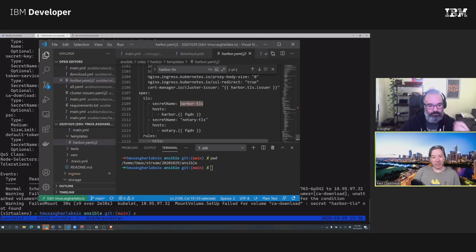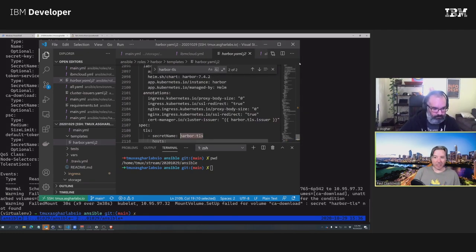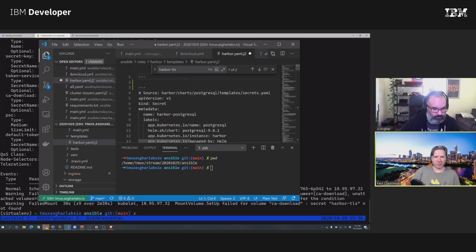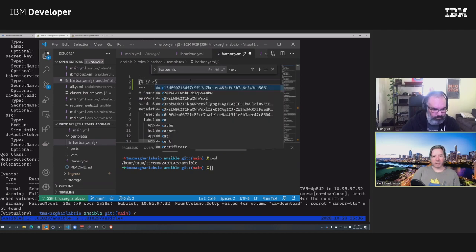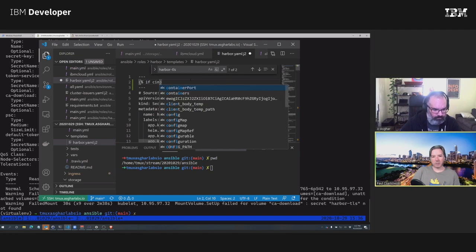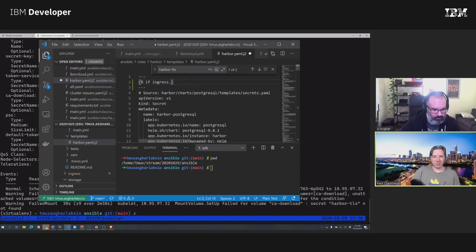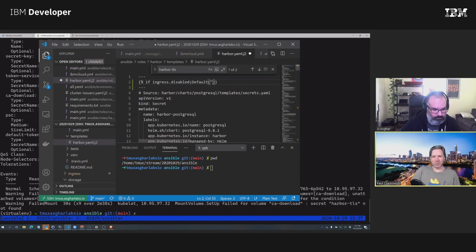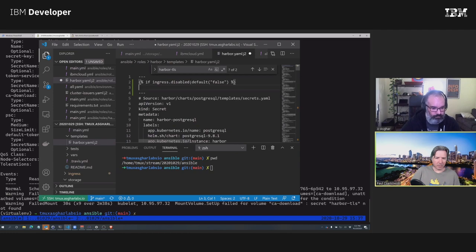So what that means here is I need to do something like this. If ingress disabled, we won't have time to actually do it, but I can put the logic in here.